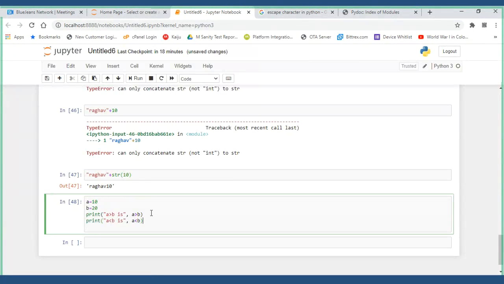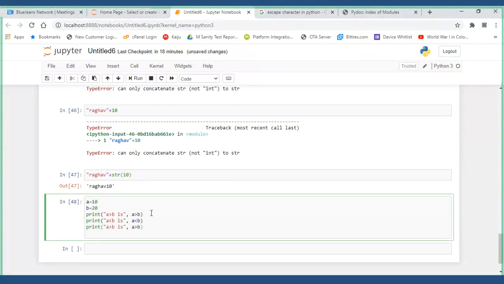Equal to is the assignment operator. Now when you include greater than or equal to, that is a relation. Only equal to is the assignment operator. You are assigning something. Relation is the same as comparison, right? Comparison and relation both are the same.